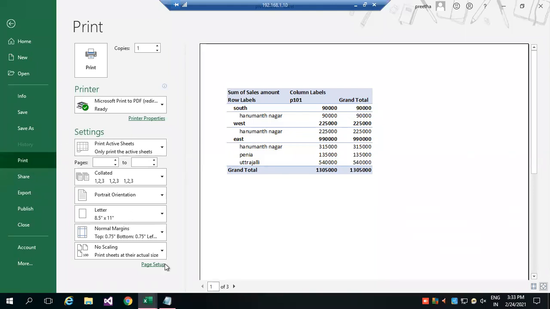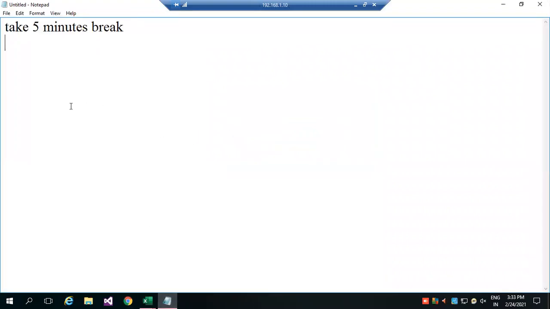Okay. So this is called pivot table and pivot chart. So first you need your table range on which you want to prepare that pivot table. Then you have to work on pivot fields.